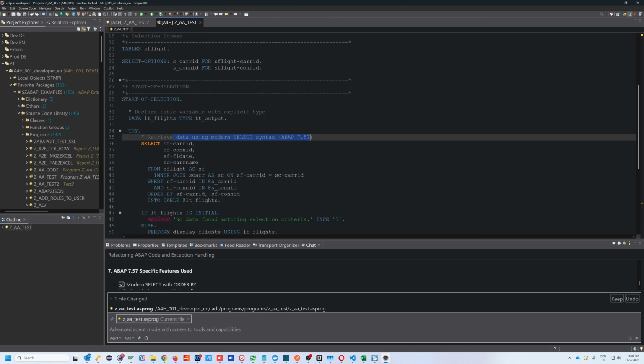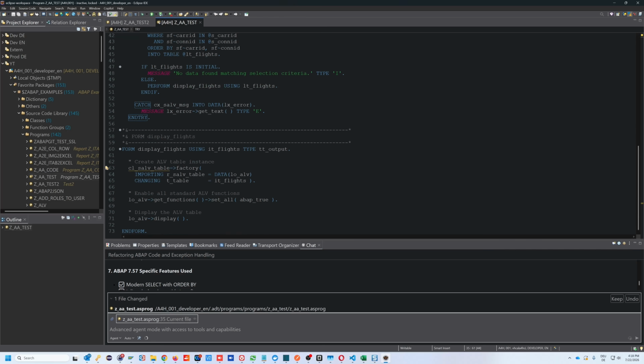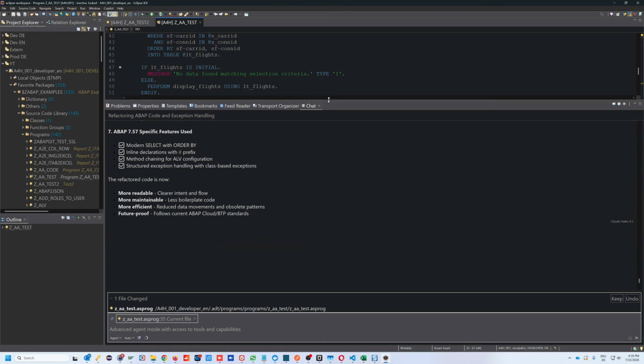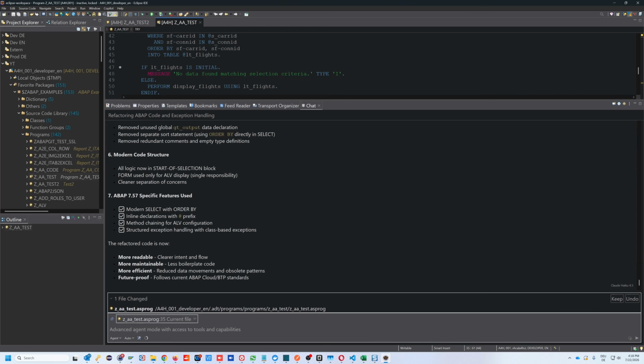So next, after checking the code, we can keep these changes or we can undo the changes. We see two buttons here, bottom right. I think we can keep these changes. So I click on keep.